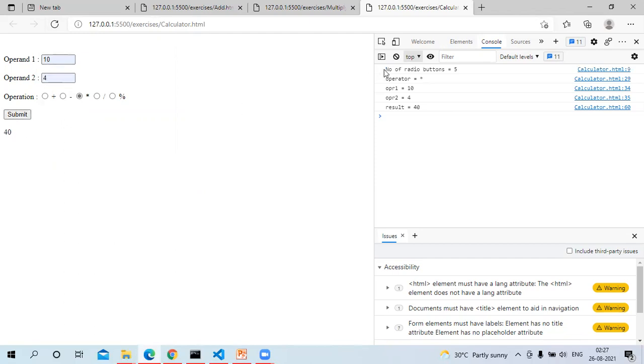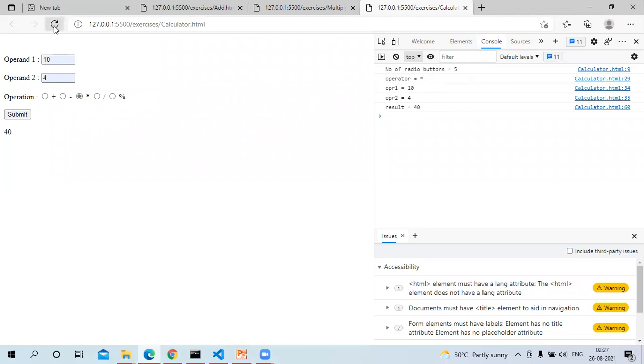I am displaying the intermediate results here. The number of radio buttons available is 5, the operator selected is the multiplication operator, operand 1 value is 10, operand 2 value is 4, and the result is 40. I am displaying all these things in the console.log.